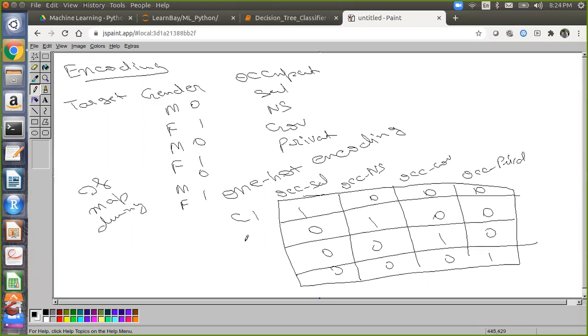This is your customer 1, this is your customer 2, this is your customer 3, this is your customer 4. And then further there will be remaining features connected. So for example, gender column. So gender column anyway 0 1 0 1 you have converted already. So this is how your model understands the numbers. So this is called as one hot encoding.